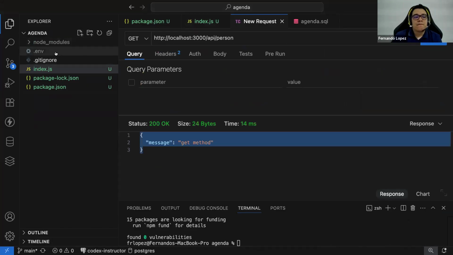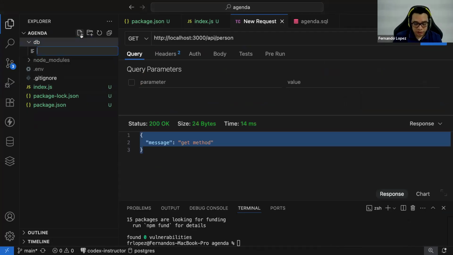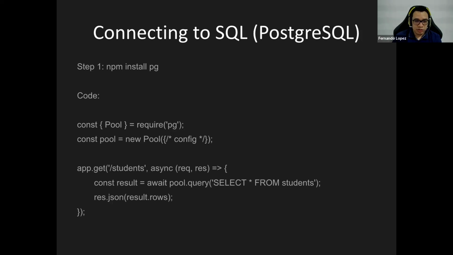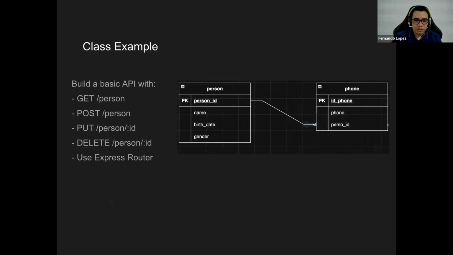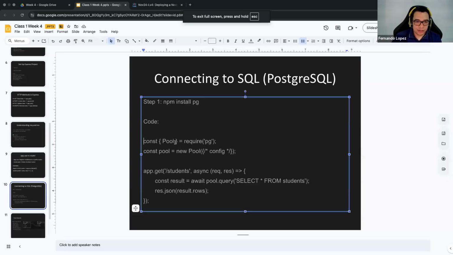My recommendation is that you create a new module for this communication, in a new folder called db. Inside the db folder, you will create connection.js. The code necessary is very common.